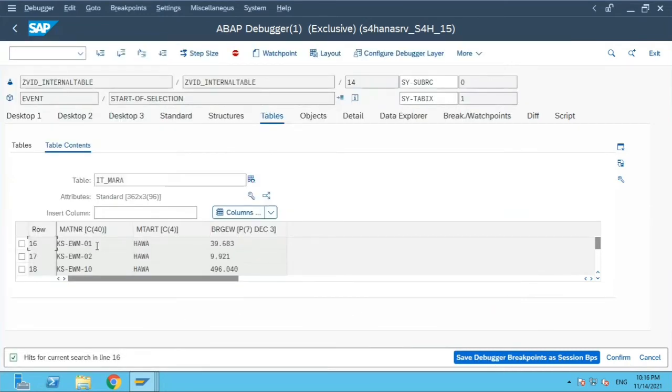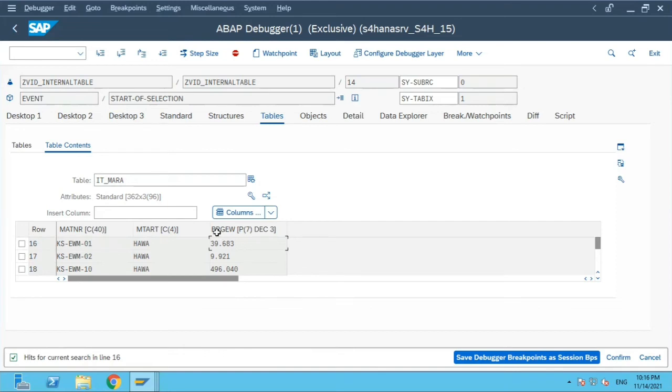So it will give me the first hit, or the search result, and it says that the hit for the current search is in line 16. Okay, so row number 16 is where this material number is,